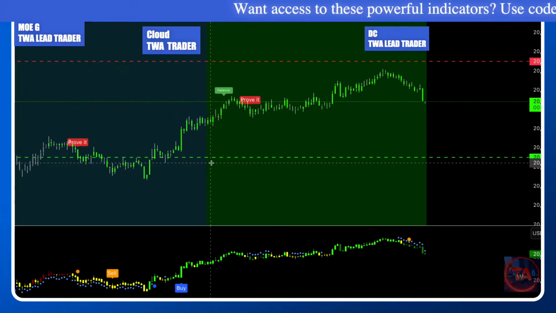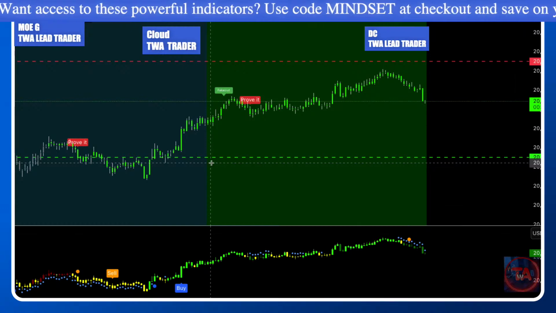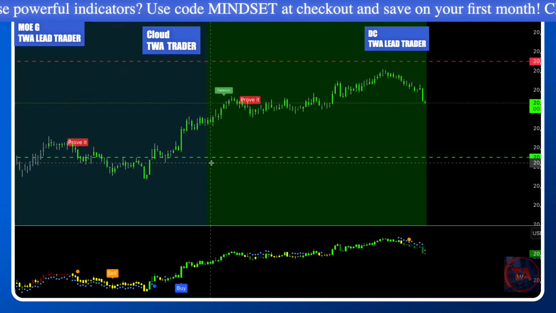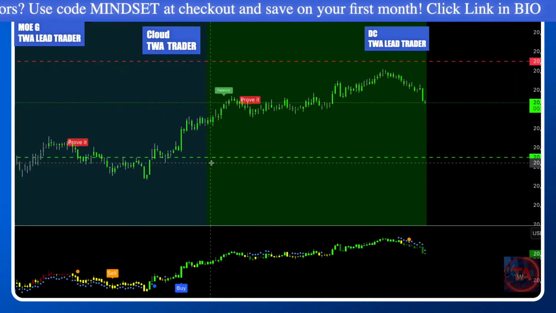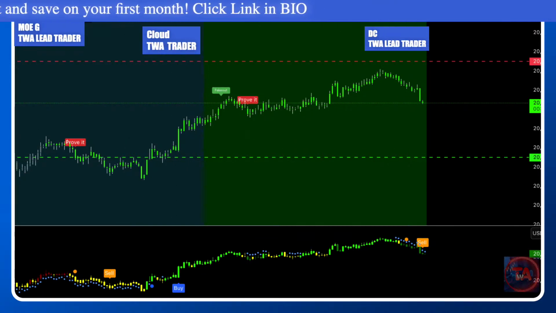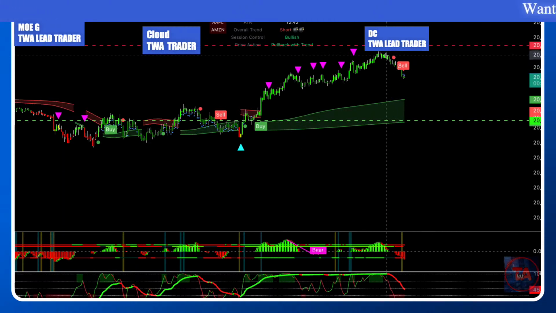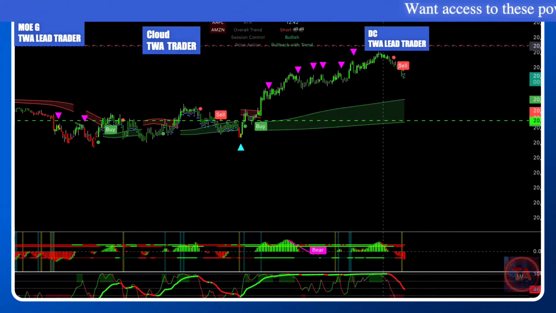Wow. I would have been in this short, by the way. I still stand by my statement of wanting to wait for a higher price for a better short. But no, this is a nice short. This is a nice short right here. 60 points right there. That's crazy. Here's why, right? It's